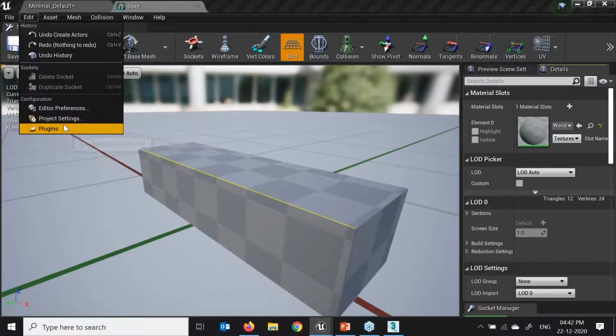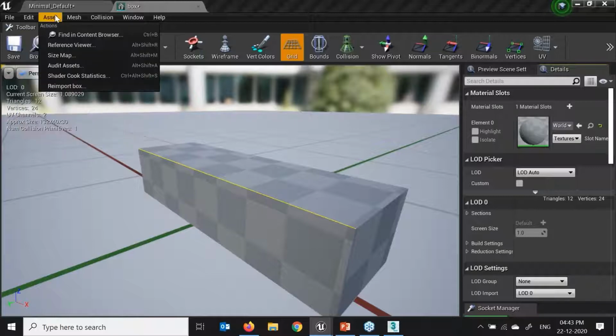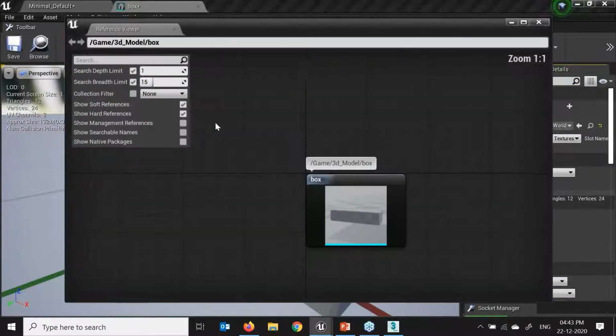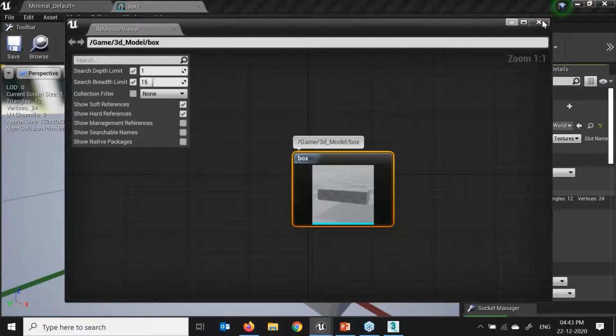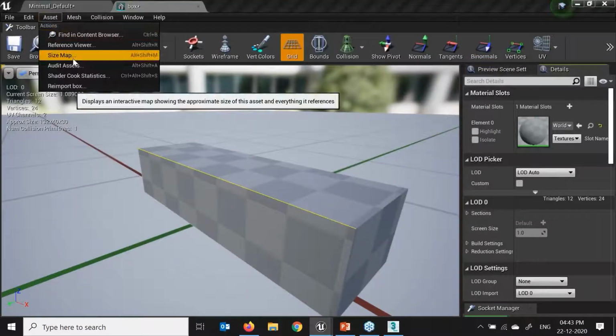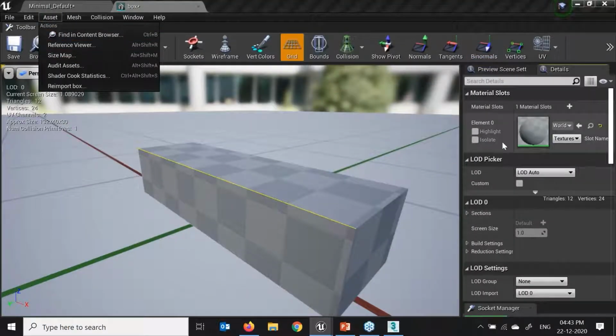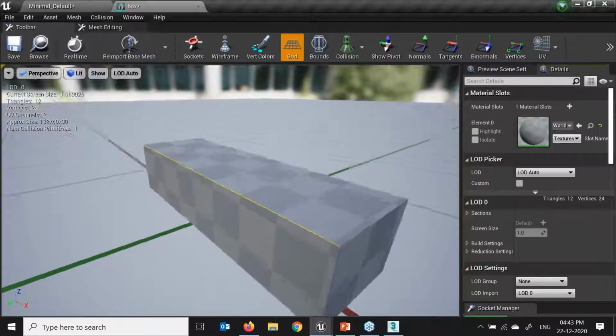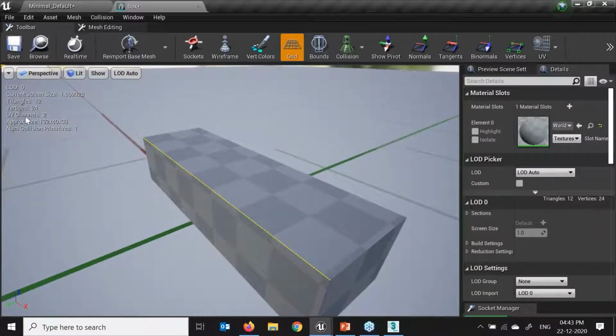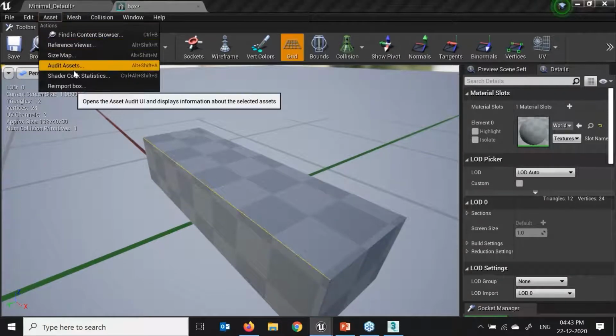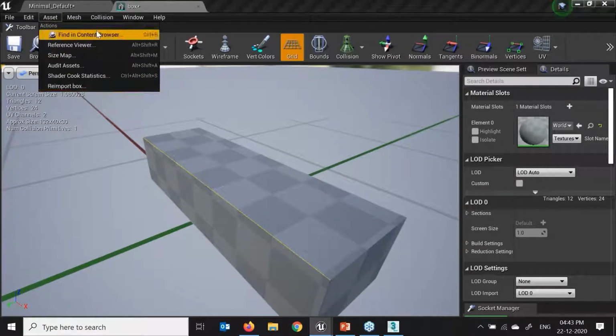We have project settings and plugin manager over here. Then we have the asset reference viewer, size map, which shows what size I have used. Here you will see the UV channels too, mesh, audit asset, reimport.